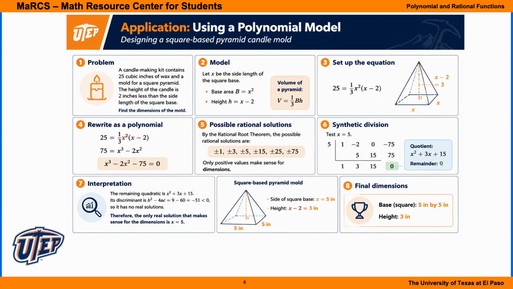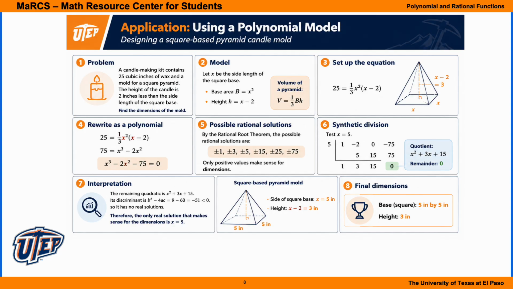So only positive values will make sense for dimensions. So using synthetic division, we'll test x is equal to 5. So we write 5 on the outside of the box, and at the top we'll write the coefficients of the polynomial that we just made. So 1 for the x cubed, negative 2 for negative 2x squared, 0 for the x term, and negative 75 for the constant term. So we drop the 1, so 1 times 5 is equal to 5,